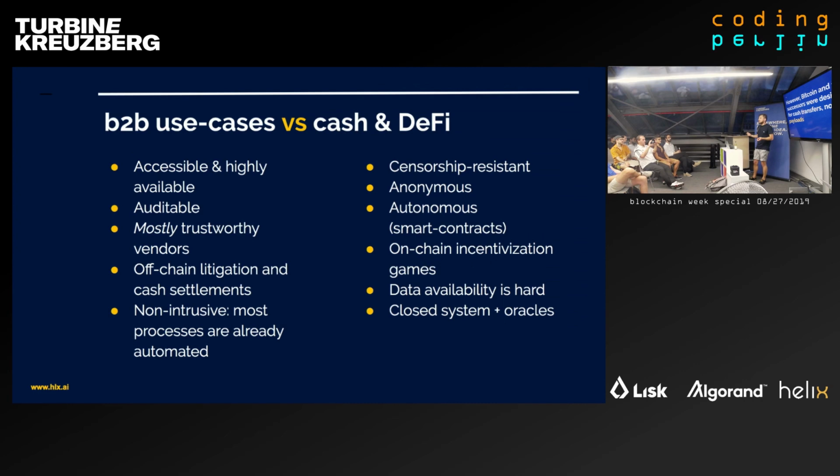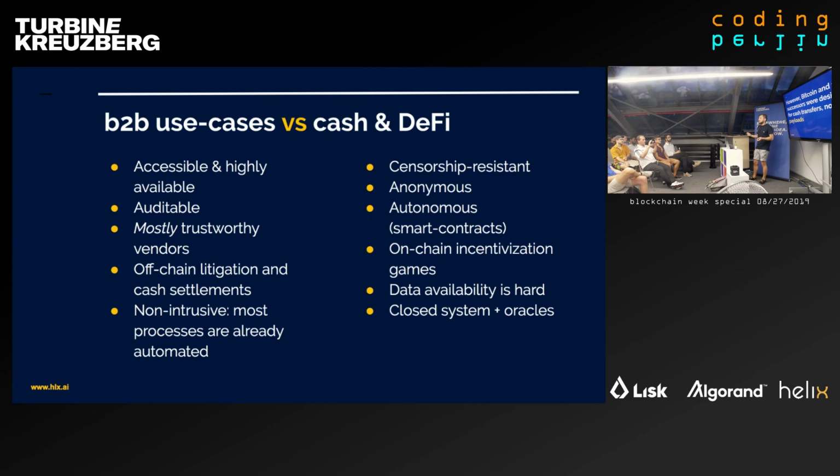So this seems like a very simplistic thing compared to all the smart contracts and all the modern blockchain with interoperability, and with the whole idea that you want to put all your processes on the blockchain and try to automate this. But the point is that according to our talks with our industry partners and lots of research in the space, it is fairly clear that B2B use cases are genuinely different from cash and